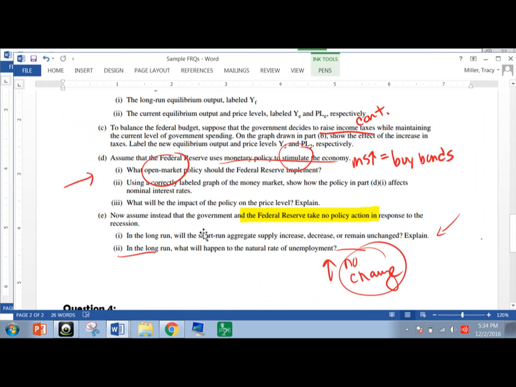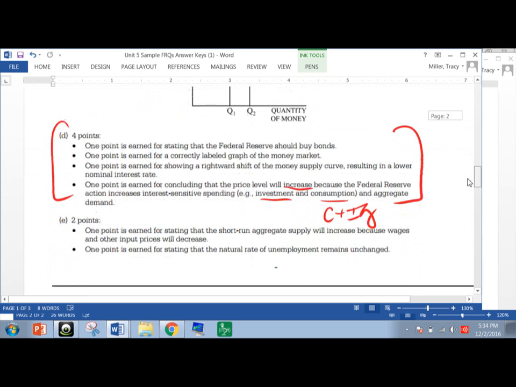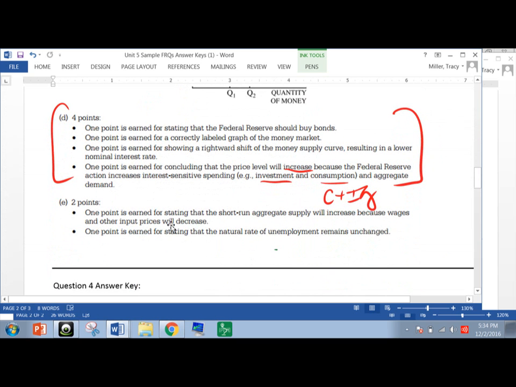But the question says, imagine if there's no Federal Reserve and the government did not take any policy actions. So that's the fiscal and the monetary. So the cool thing about this question is that if you made that mistake, you'd still get it right. Because the short run aggregate supply is going to shift to the right regardless of which point you would start with. So you will notice that the answer gives you 2 points,